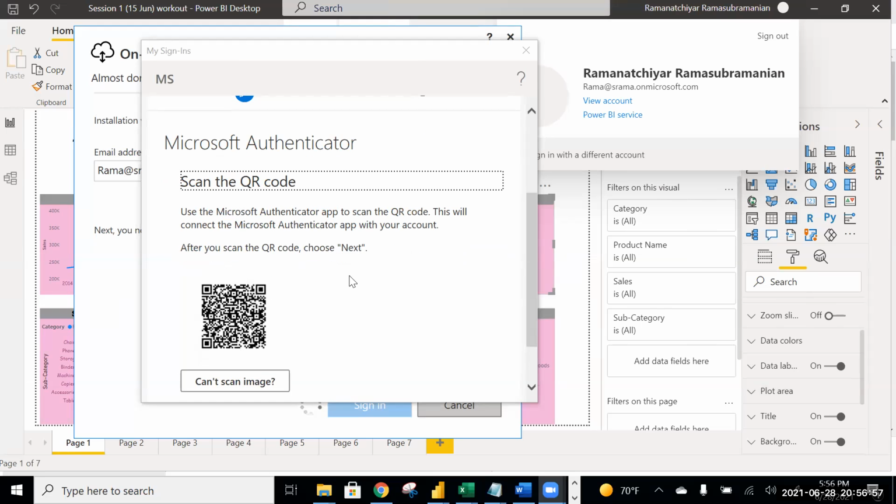Actually, you'll have to install an application on your phone. Just search for Microsoft Authenticator on your app store. That application will be installed, and this is just for the authentication. When you open it, it will directly have an option to scan image. It is just to make that verification with the phone number that you would have given. That's it.